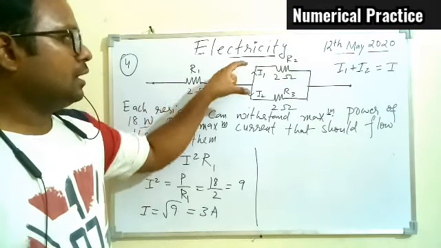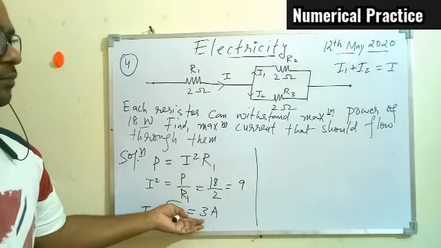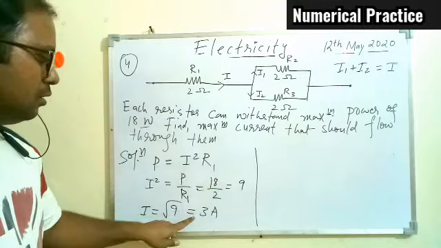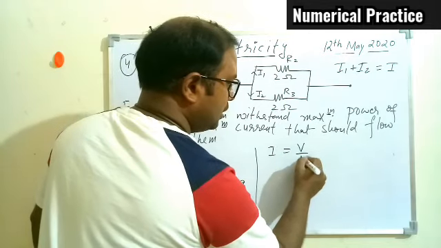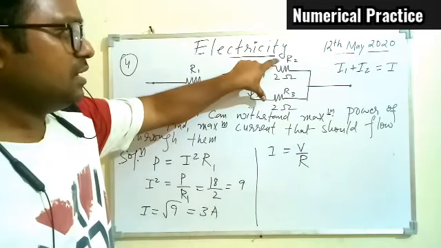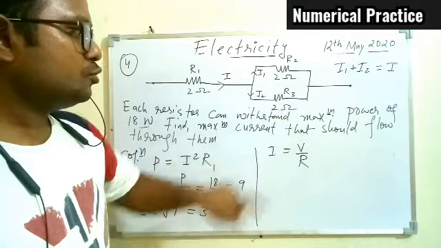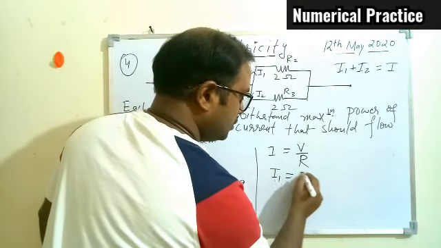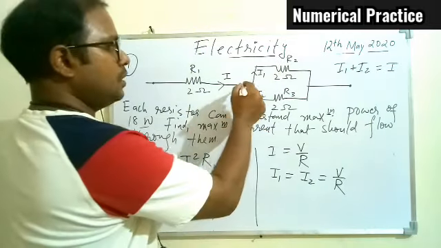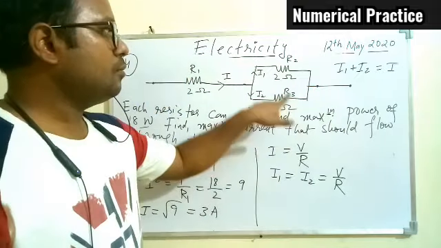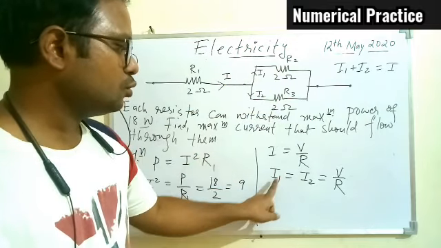Now this will get distributed here. So it is understood the current passing through I1 and I2 will be less than 3 ampere. Yes or no? Because based on the circuit concept, the current will get distributed. One thing we know, I is nothing but V upon R, and since they are in parallel, both have the same potential difference, and the resistor is also the same. So I1 should be equal to I2, equal to V upon R. Whatever potential difference we have between these 2 points, and the value of the resistor, will decide the current. Since the values of R1 and R2 are the same, the current passing through I1 and I2 must be the same.